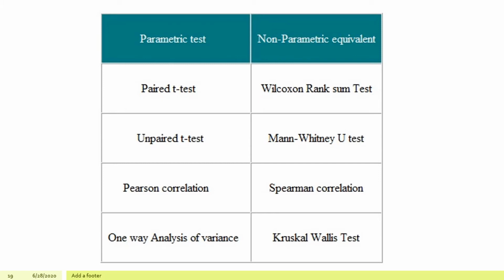Similarly, unpaired. Here, two groups are independent, and you want to measure if there is any difference between those two groups. For example, batch 22 and batch 23. So if you are measuring the difference between these two, 22 and 23, at the same time, then you have to use unpaired t-test. If data is following parametric, then only you can use unpaired t-test. If it is not following the normal curve, then Mann-Whitney test.